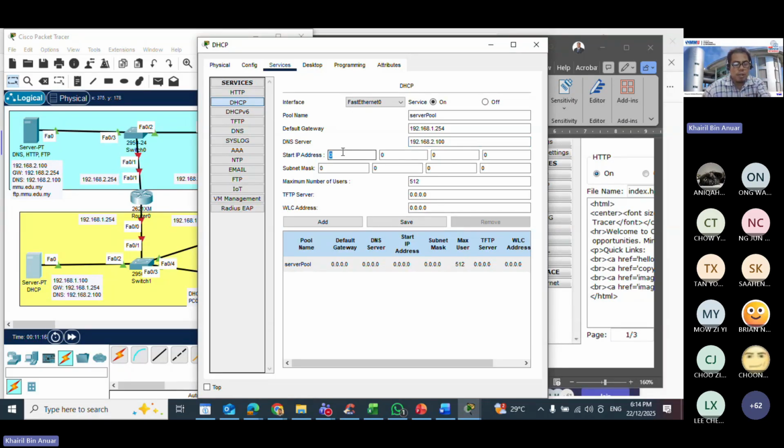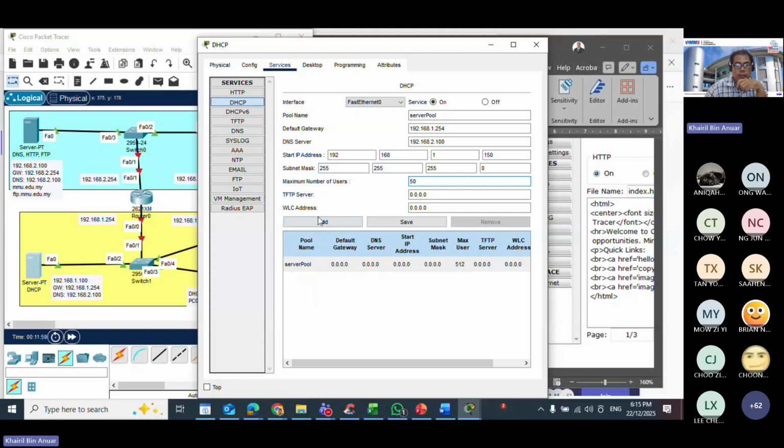Then the start of IP address we start with 192.168.1.150, because we want to have network 1, just for our purpose. Then the subnet mask 255.255.255.0, and the maximum users perhaps we just choose 50. Okay.